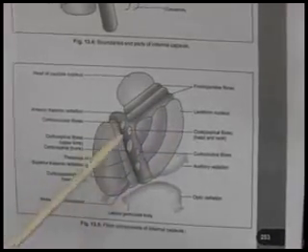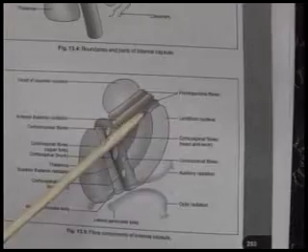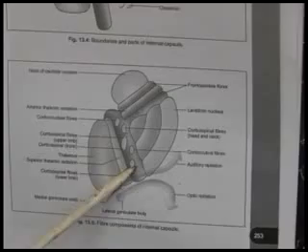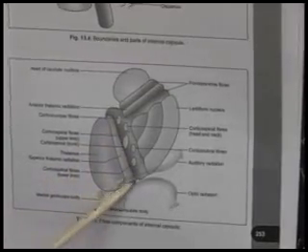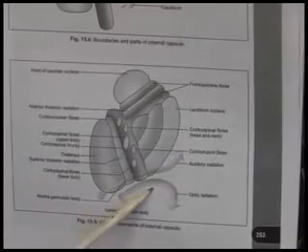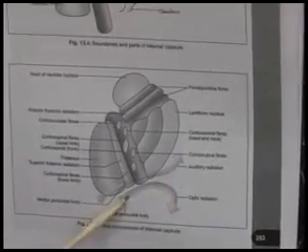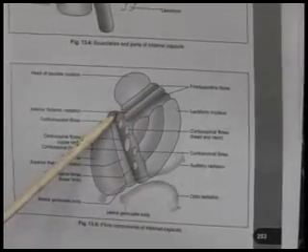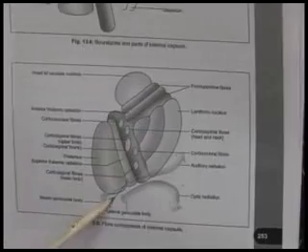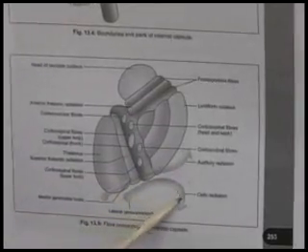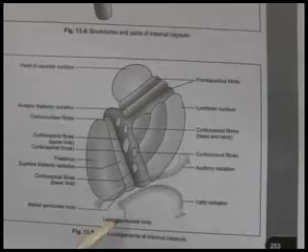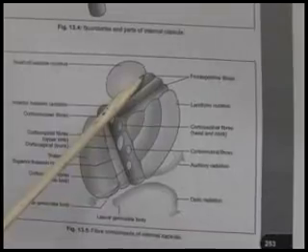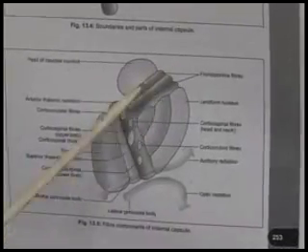side. The parts of the internal capsule are the anterior limb, the genu, the posterior limb, the sublentiform part, and the retrolentiform part. These are the five parts of the internal capsule. The fibers passing in the anterior limb are the frontopontine fibers on each side and